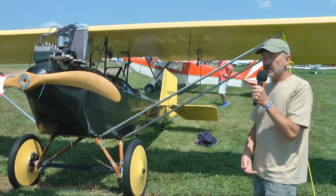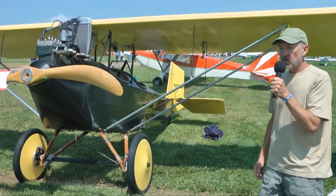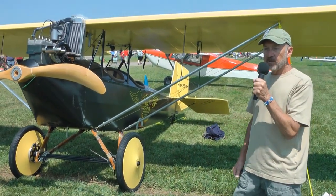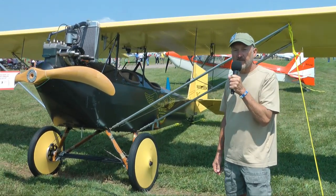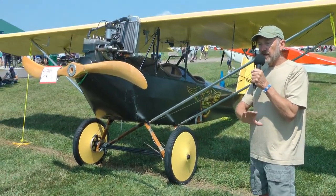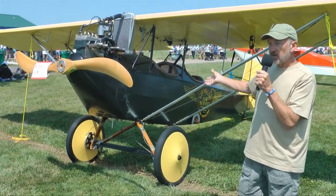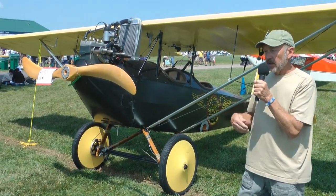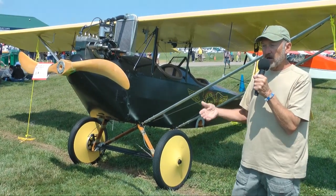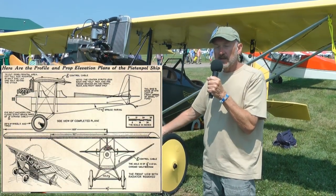So the editor of the magazine invited him to fly his airplane to Minneapolis to show him. So Mr. Pietenpol and his neighbor, who also had an airplane at that time, both flew their airplanes over to Minneapolis to prove that in fact it could be done. As a result, the editor printed a lengthy article written by Bernard on how to build this airplane step by step, with 3-view drawings, and it created so much interest in the design that Bernard was able to produce plans and eventually different parts of the airplane to sell to